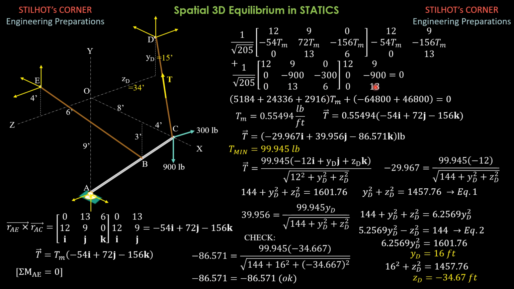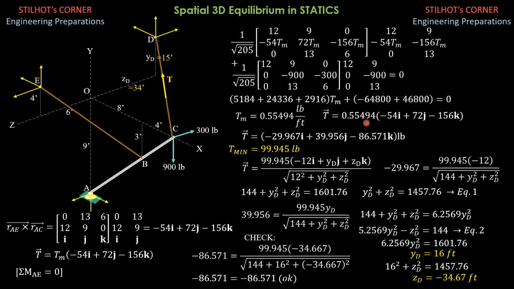For this product, it's the same. Don't mind the square root of 205 again, because when we cross multiply, 0 times the square root of 205 is still 0. So simplifying, we can now compute T sub n, which is 0.55494 pound per foot. So notice that this is less than the preceding answers of 2 point something. So that means that the tension force is now minimum. So substitute into this formula here.